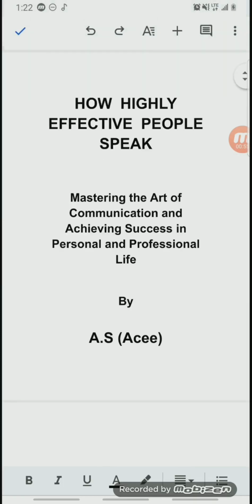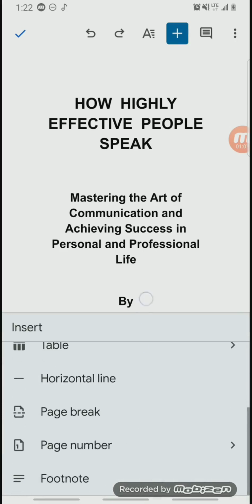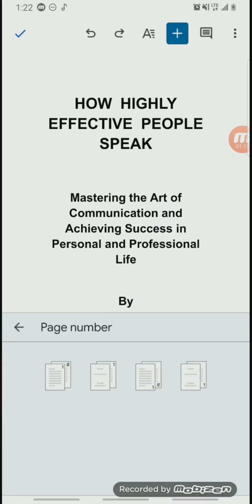So the way you are going to do that is come here, these three dots, this plus button. Come to this plus button right here. Once you click on this plus button, you go down to where it says page number. You click on the page number, then you choose this last one here, because if you choose the second one and the third one here,